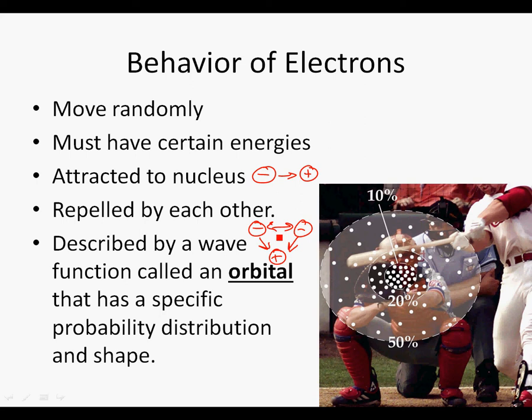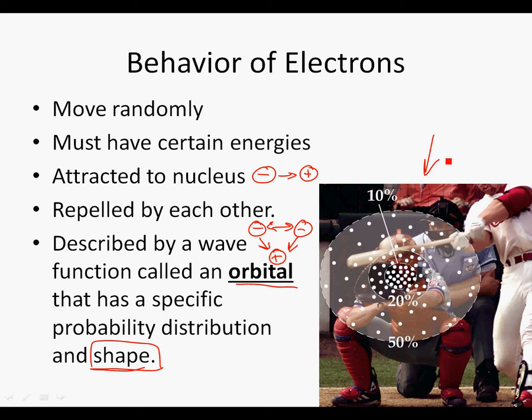And we also know that electrons are waves, and so they can be described by wave functions that are called orbitals. The orbital is a wave function, but it's also the place where the electron exists. It has a shape. So if we look in this picture of Mark McGwire,